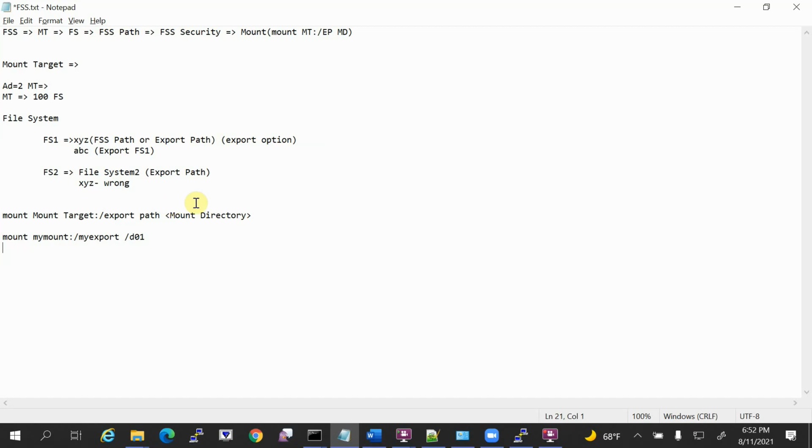So this is the theoretical concept of file system storage, FSS. Now let us see how you can create a mount target and file system using the console. So any administration work in OCI, you can do through the console or you can do through CLI commands. Okay. So I am using the console. In case you want me to cover CLI commands, we can talk about that in a separate session.